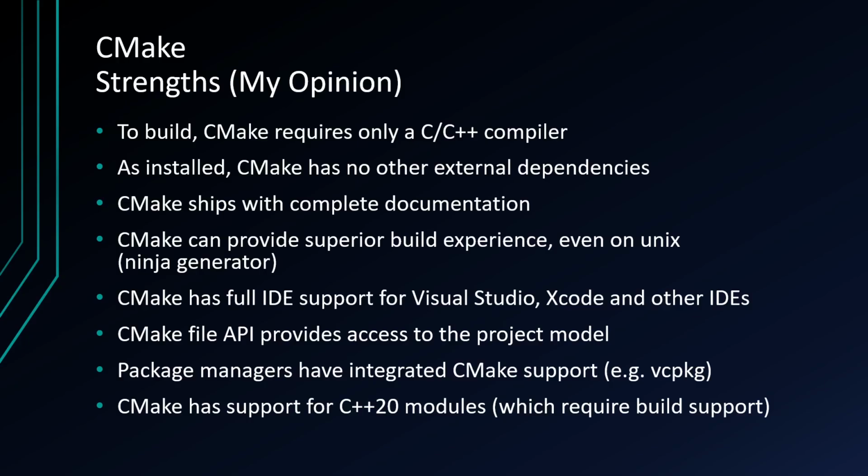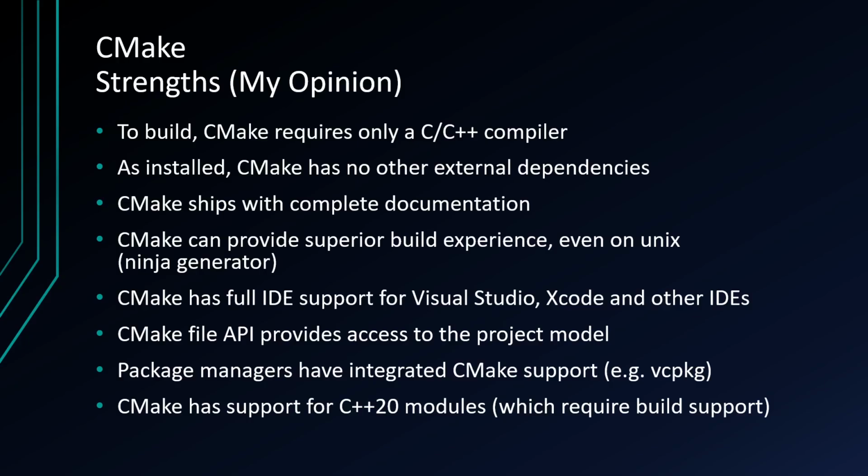And I mentioned that you can even get a superior build experience with CMake even on Unix compared to Autoconf, and that's because of the pluggability of these generators in the back end. The Ninja build tool is often much more efficient at building a pile of code than GNU Make. And that's because Ninja was specifically designed for that purpose. It was specifically designed to be as fast as possible at building a set of source code. And so if you're on Unix and you have a CMake-based project, you can use the Ninja generator to take